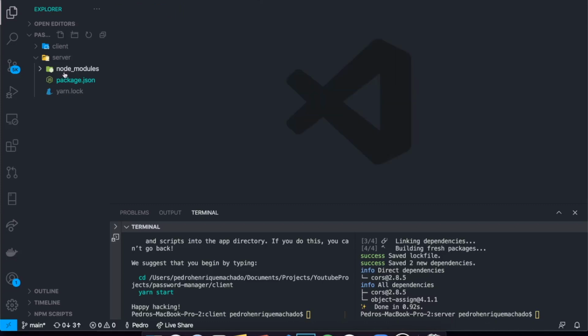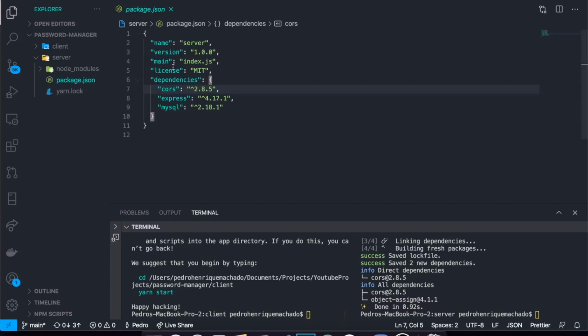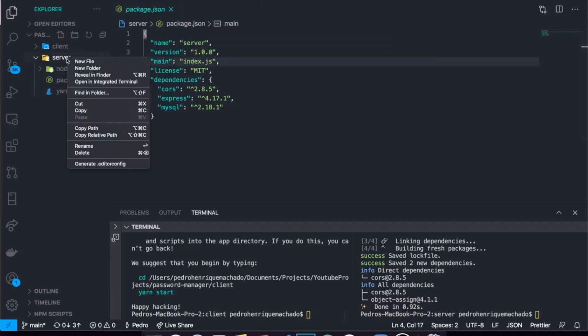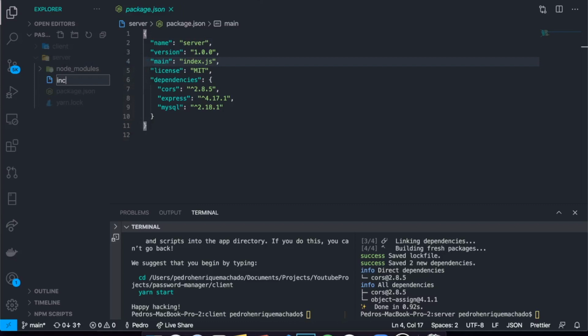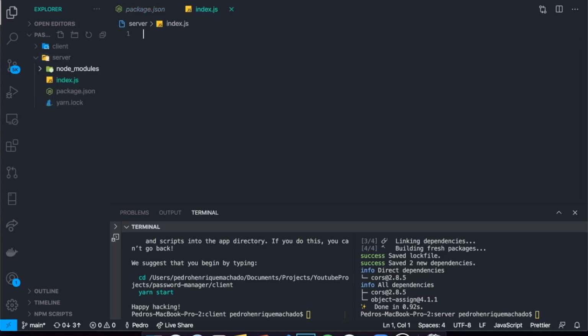Now that we've created that, we need to create the entry point to our server. You can see in our package.json, it says that the main file is index.js. You can change this to whatever you want. However, since ours is index.js and we want to keep that, we can just create a file called index.js. And this is where our server is going to start. I can see right now that our client has already been installed, but initially let's just start by building our